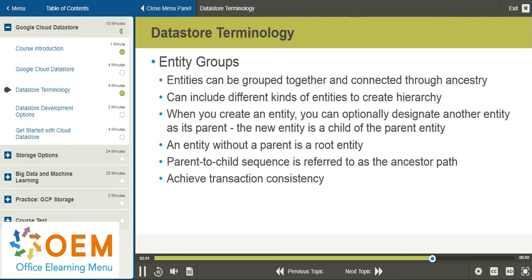Entities can be grouped together and connected through ancestry. They can include different kinds of entities to create hierarchy. When you